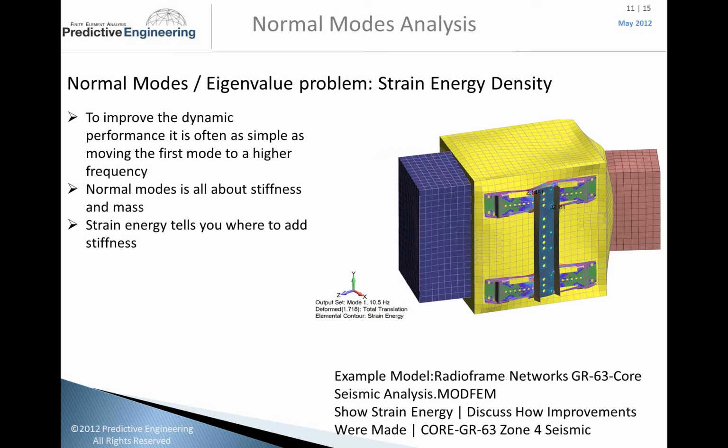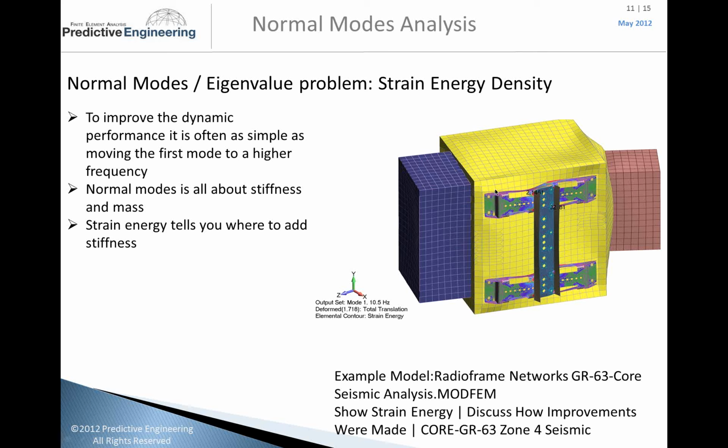And this just looks at what happens when you run a normal modes analysis and things get kicked out. You get all these things that come from the analysis, and one of them is strain energy. And what do you do with it? There's not a whole lot of information out there that says this is really useful stuff and this is what everybody does. There's not exactly a primer on engineering vibration analysis.